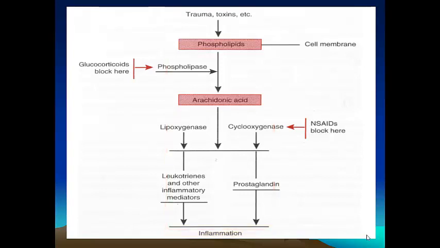I imagine it's all true because there are a lot of people who are much smarter than I am that have worked all this out and proved that when tissues are injured, those cell membranes get ruptured or released, and then the phospholipids are free to react with enzymes from surrounding tissues, and basically they convert all those phospholipids into arachidonic acid, which, as you can see here, is further converted by other enzymes into leukotrienes and prostaglandins,